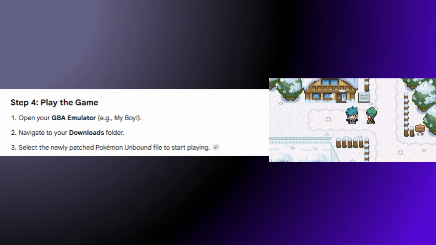And finally, play the game. Open your GBA emulator and navigate to your Downloads folder and select the newly patched Pokemon Unbound file to start